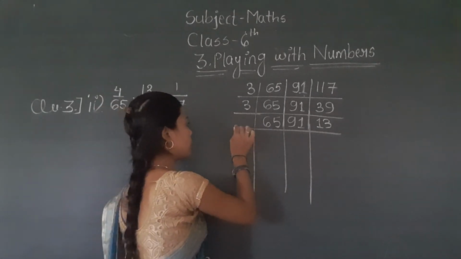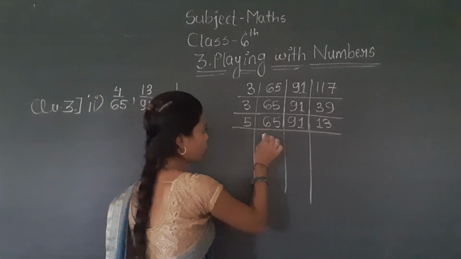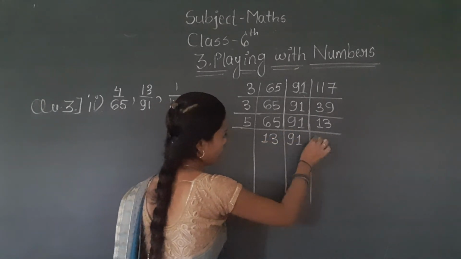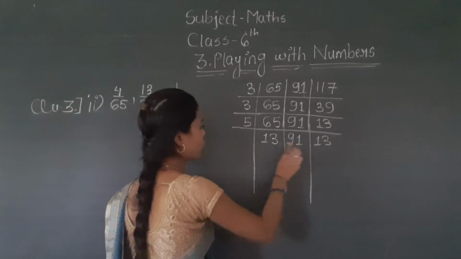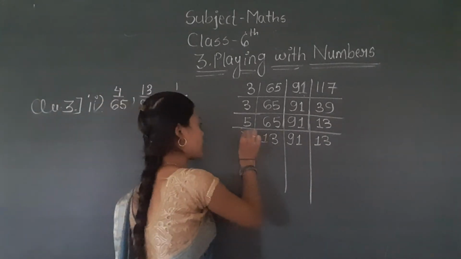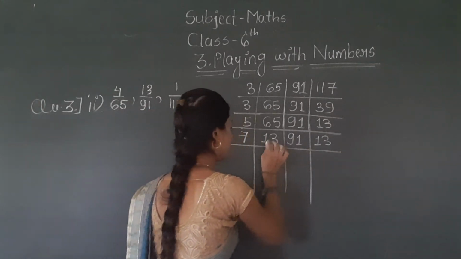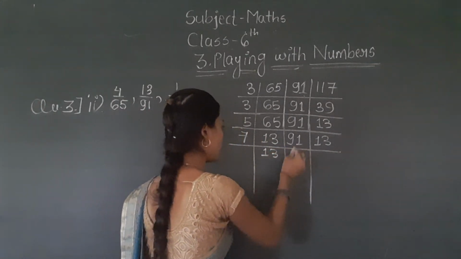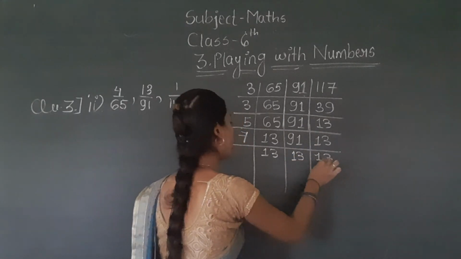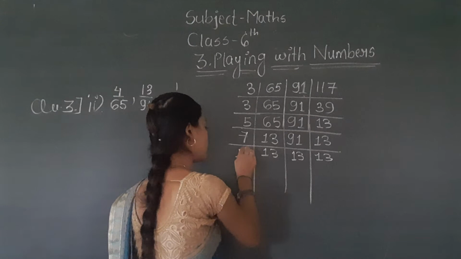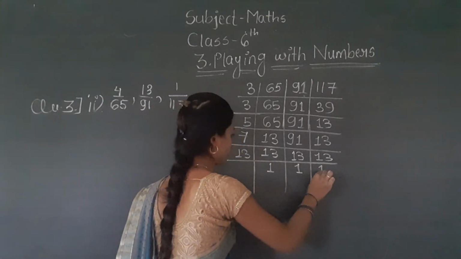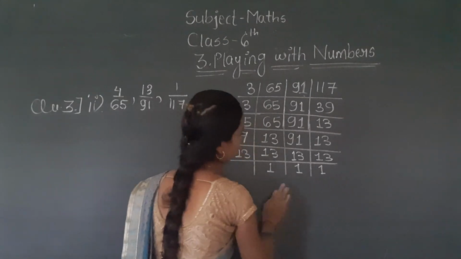Now next prime number is 5. So when you divide by 5, here it will be 13. It is not divisible by 5 and it is again 13. Now all these numbers are not divisible by 5. So next prime number is 7. So divided by 7. 7 13 does not come, in the table of 7, 91 comes 13 times, and here also 13. Now all these blocks are 13, so write it here 13. So 13 1s are 13, 13 1s are 13 and 13 1s are 13.